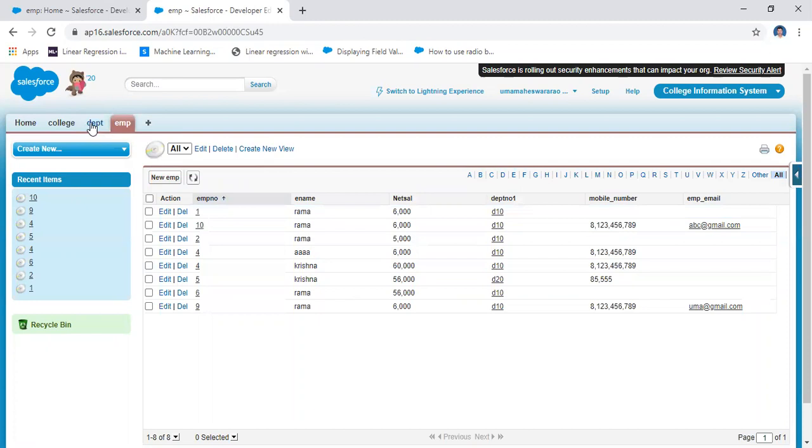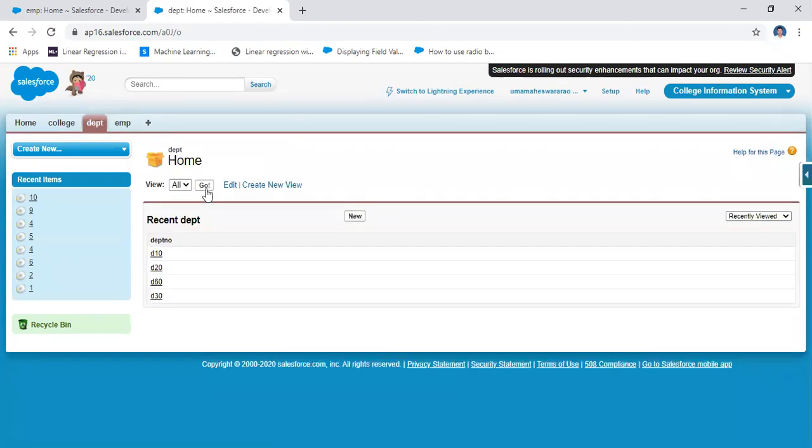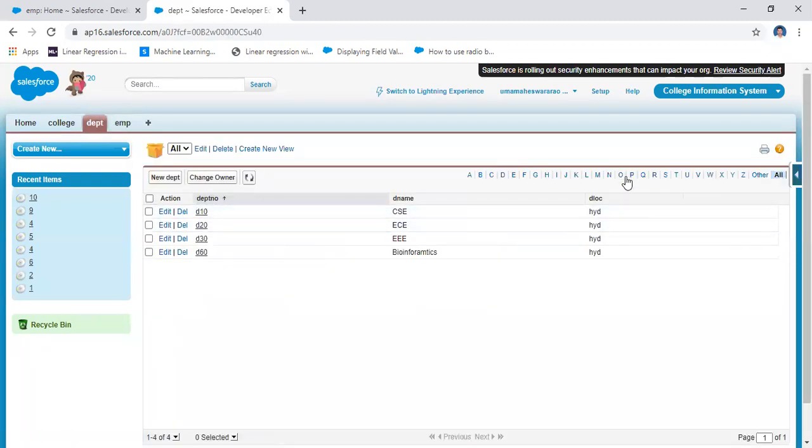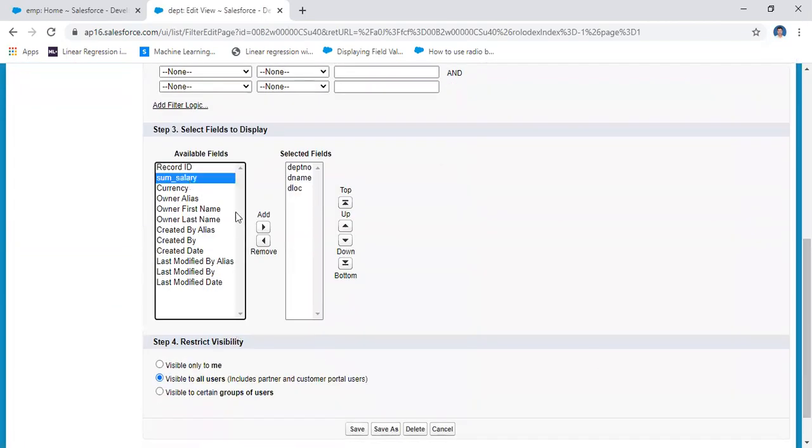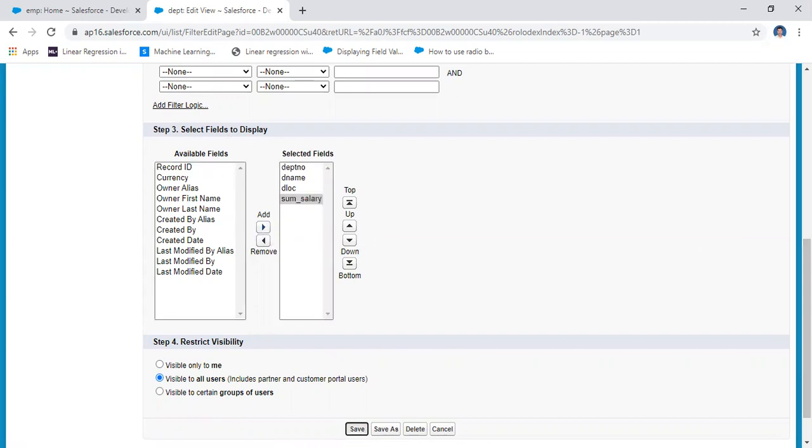Here in the department, the total salary, the sum of the salary, is not added. You have to select the field to display. How can you select the field? Go to edit. Here you select the field, sum of the salary. Under select field to display, sum of the salary, click add and then save it.